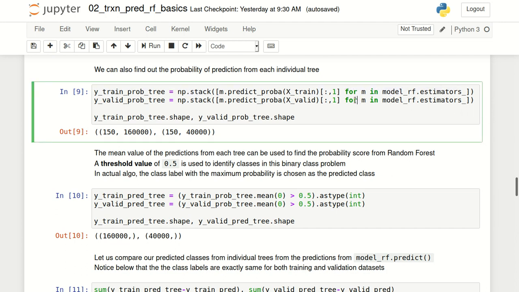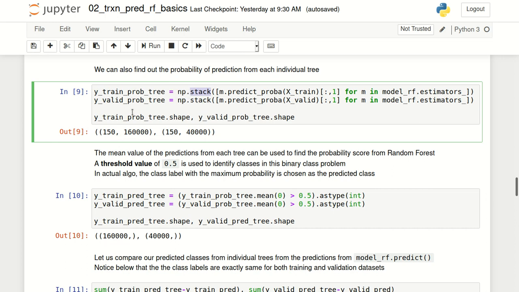We'll get one tree at a time, and then we'll take the probability of prediction from that particular tree. So m.predict_proba will give me the probability of prediction for every single tree in the model, because we are looping over all the values in the estimators_ attribute, right? This looping operation will give us an array with all the probabilities for all the trees for all our observations. We can use numpy.stack to make it into a numpy array.